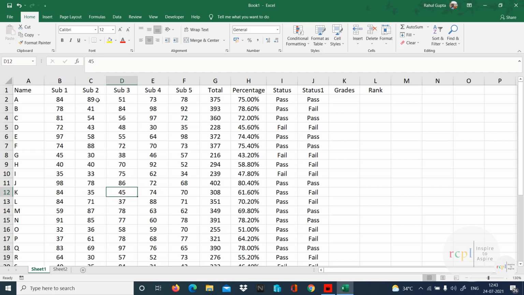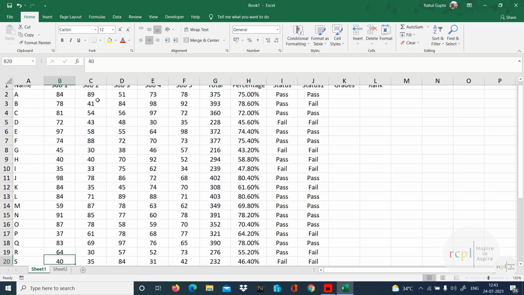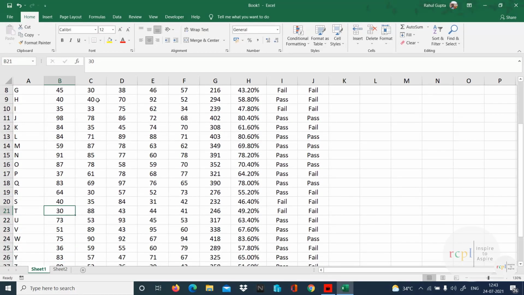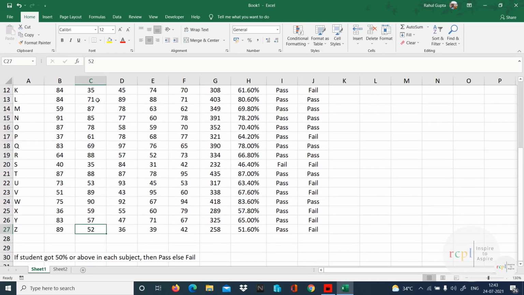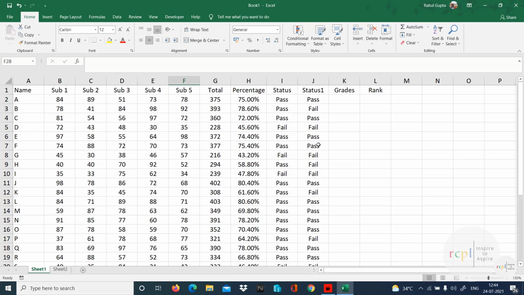On the basis of that only we have to do our more analysis concept. So there's a list of fail people. I'm going to make them pass. Okay, this is the last one which we are making pass and then moving on to the next step. So we have made some of them pass and some are fail.